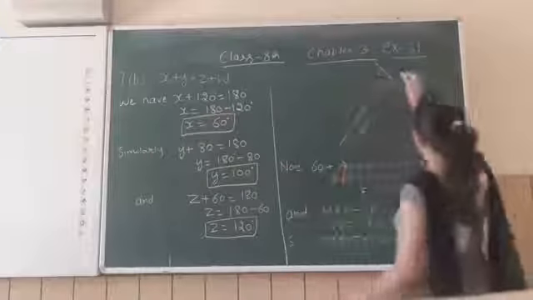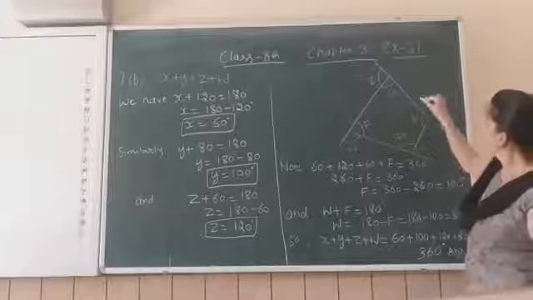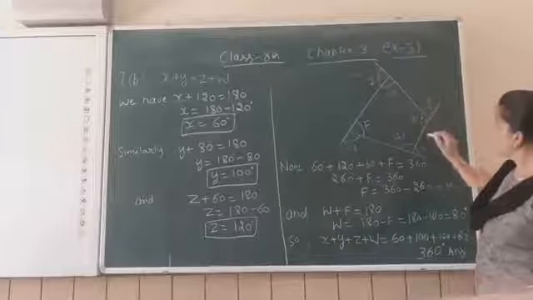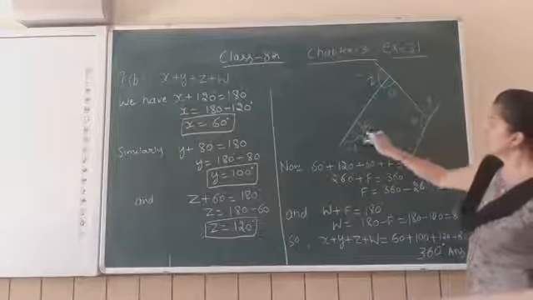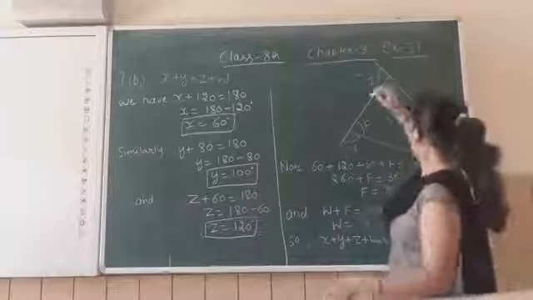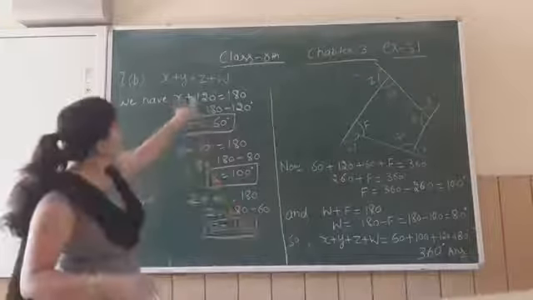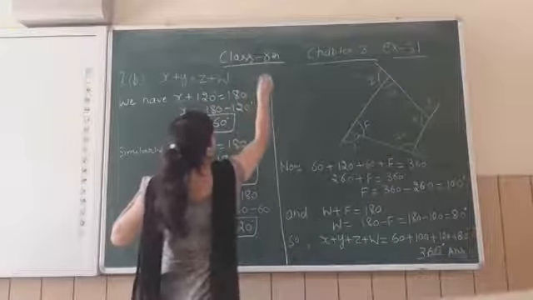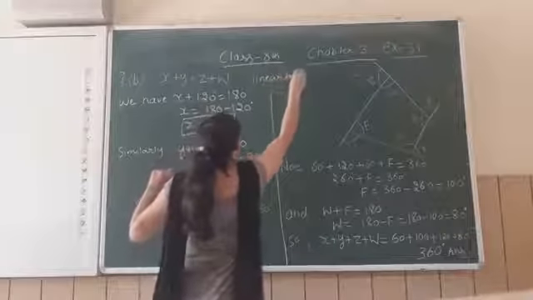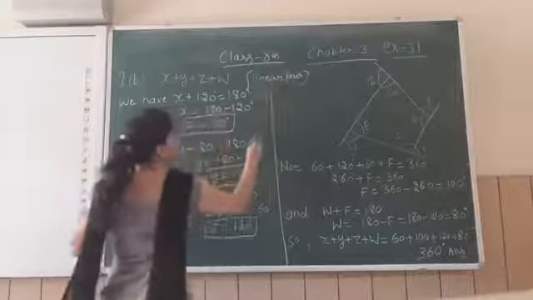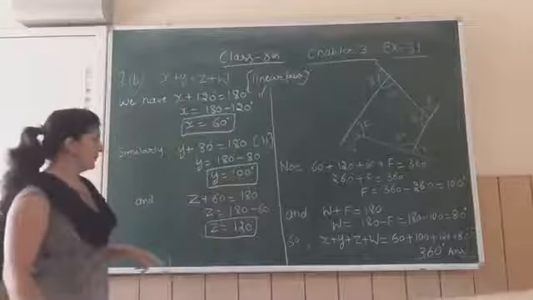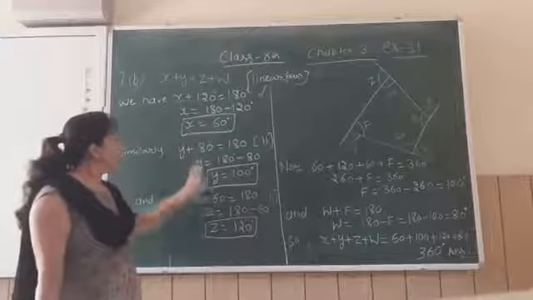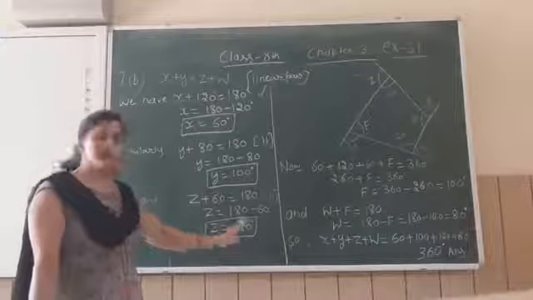Next question, the figure is given, we have to find out x, y, z and w. Linear pair, linear pair, linear pair, linear pair. We have named this angle f, and all the others are given. We have x plus 120 is 180, we will write linear pair. Here also we will write linear pair. Next is also linear pair. So we have taken x is 60, y is equal to 100 and z is equal to 120.